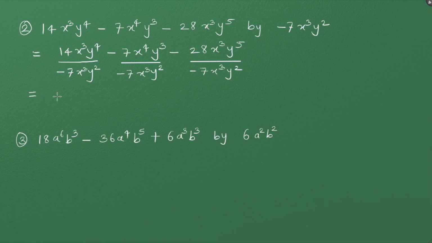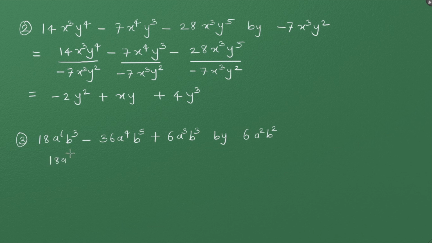So here you get minus 2 y square plus x y plus, here it is minus, here it is minus, so it becomes here plus 4 y cube as the result or answer. Now the third one, 18a raised to 6b cube,